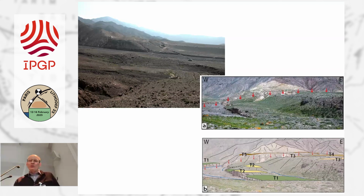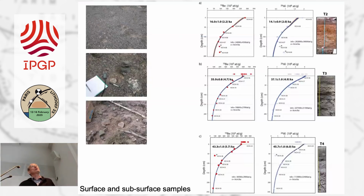So at this place, we've done surface and subsurface dating. Just quickly, on the surface, some blocks have been collected. What you see in this diagram are beryllium-10 on the left and aluminum-26 on the right. These are isotope cosmogenic exposure ages. You see on top of this diagram the distribution of the surface ages, and below the modeling